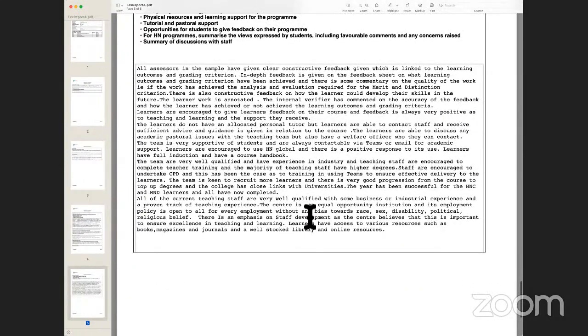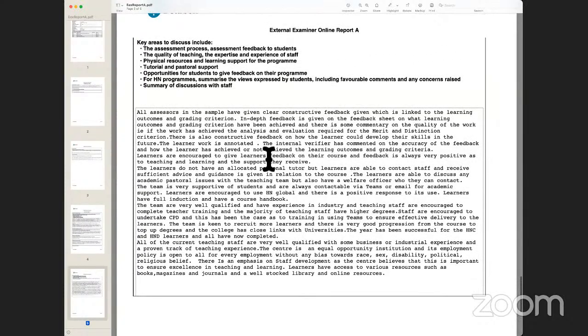Now, this is the main part of the report, which is basically commenting on qualitative areas of how they see the IQA process working within the organization. So the assessment processes are fair, the quality of teaching, the physical resources, the tutorial and pastoral support, opportunities given to students on feedback on the program, and obviously understanding the HN program guidelines, which are the Higher National Programs guidelines, and taking into account, for example, access to the HN Global portal, which students need to have, the access to the HESA survey, which is the Higher Education Student Awareness Survey, which they have to